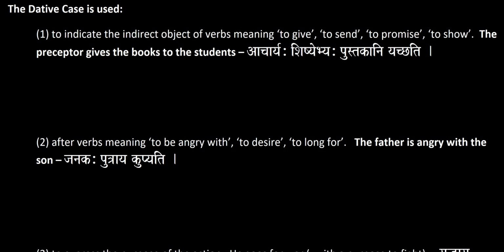In the previous lesson, we went over the instrumental case. This lesson, we're going to go over the dative case, how it's used, when to use it when we're writing a sentence, how to recognize it when we're translating a sentence, and so on. There are 6 ways to use the dative case, and we're going to go over each of them with examples. Number 1, the dative case is used to indicate the indirect object of the verb's meaning: